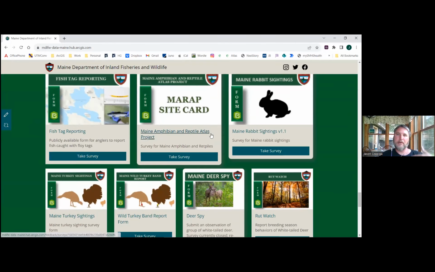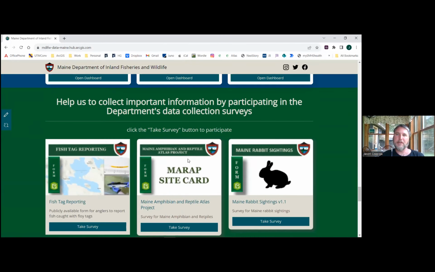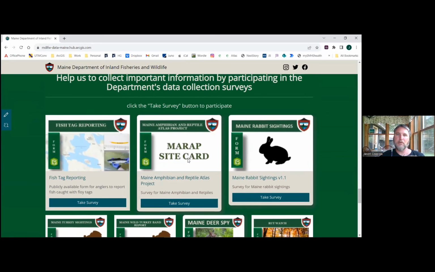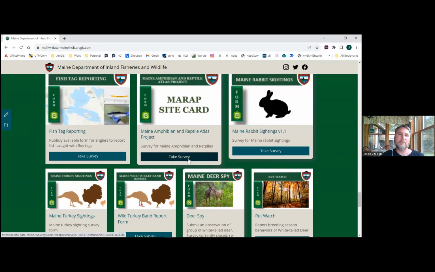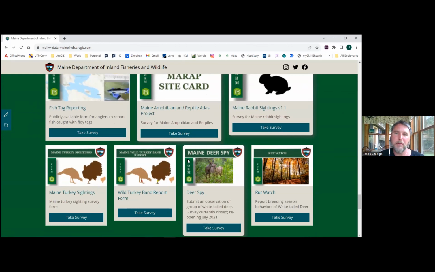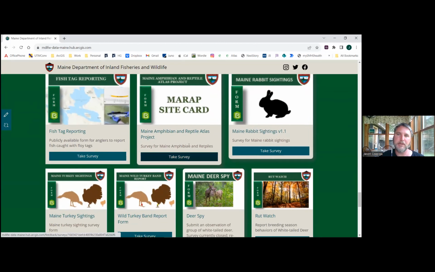And then we were able to add a bunch of our surveys in here for community involvement. These are all open public surveys for people to collect data for us. And it's been really taken on by the public, and we've gotten quite a bit of good information from them by all these surveys in here.